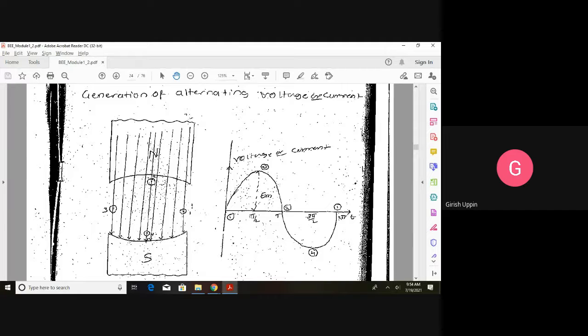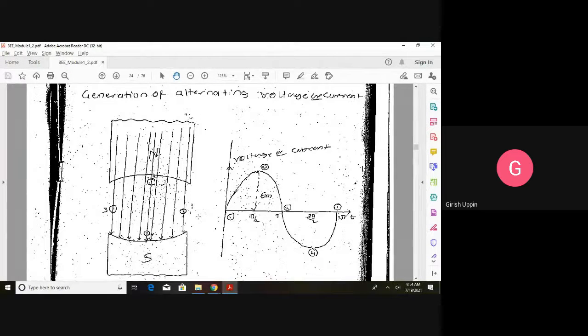Then, in all the derivations, like in a transformer, synchronous generator and DC generator, we have the EMF equation. Why do we have an EMF equation? We want to know how much EMF gets induced. So how do we find the EMF magnitude? That is given by Faraday's second law: the magnitude of the EMF generated is directly proportional to the rate of change of the flux linkage. The first principle tells how EMF is generated. The second principle tells how much EMF is generated. So let us stick to the first law.